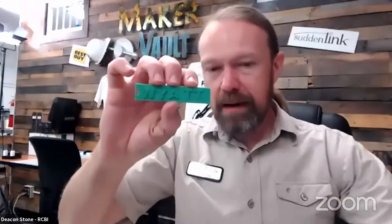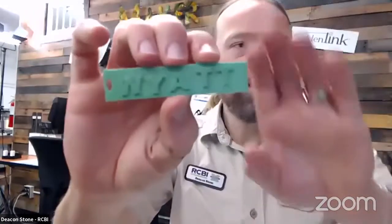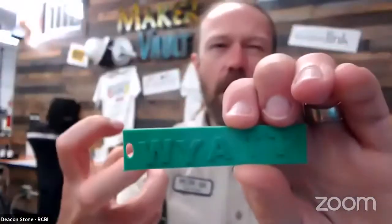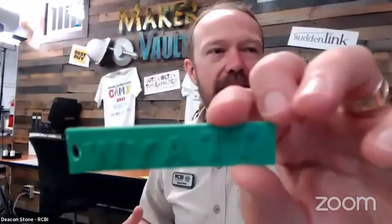Wyatt, look at this. Wyatt's got some cool design action going on here. And I want to thank you for your interaction, for asking questions, and staying connected to us and being so creative. I love this. You know, in a manner similar to how we were making kind of sketchy drawings inside of our design software and then producing images from them, Wyatt said, listen, I want to be creative with this. This hole doesn't have to be round. It can be an oval. These letters don't have to be aligned. I can show my personality through this, and we can capture a lot of the hand of the artist,